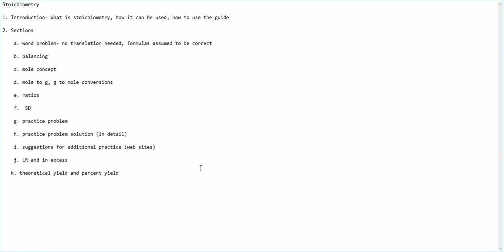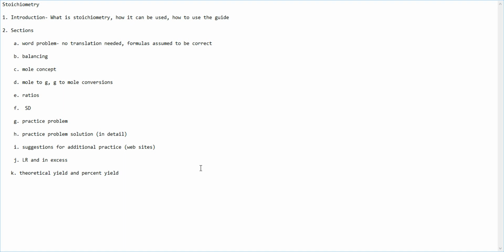Alright, so today we're going to be learning about stoichiometry. We're going to have a quick introduction about what stoichiometry is, and then we're going to go into some word problems. We're going to do a balancing equation. We're going to talk about the mole concept, and we're going to be converting moles to grams and grams to